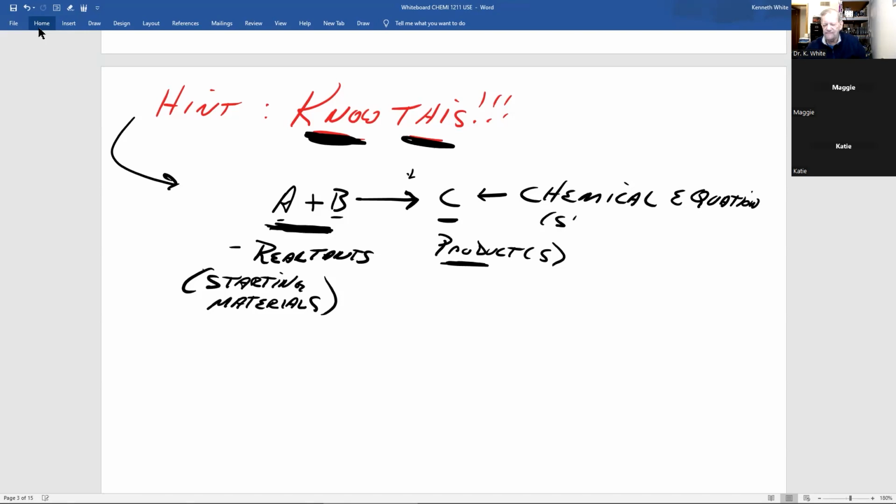Which shows the chemical reaction. In this case, when you combine A and B together, mix them together, it will react, have a chemical reaction to make C. Again, you should know A and B at the base of the arrow are the reactants. At the head of the arrow are the products.